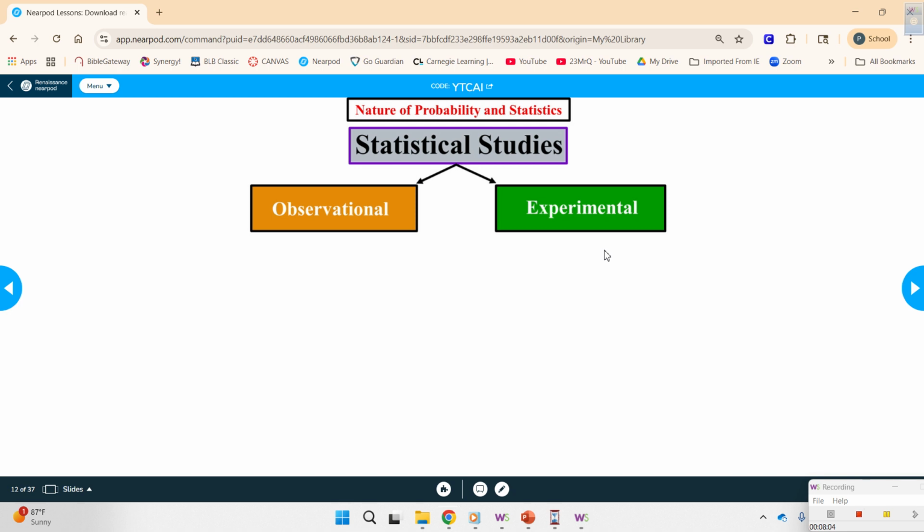So, I'm going to go over statistical studies, two types, observational versus experimental. The first one, I'm going to start with observational. I'm not going to tell you the definition. I'm going to show you the process. So here goes the process. Now,